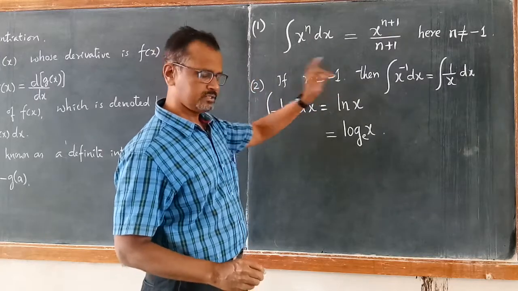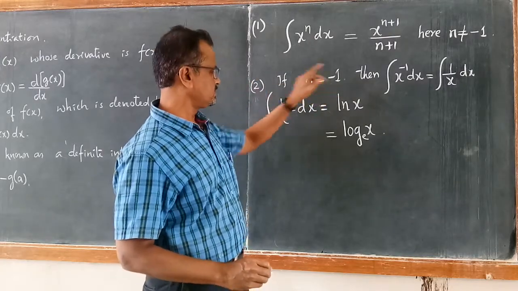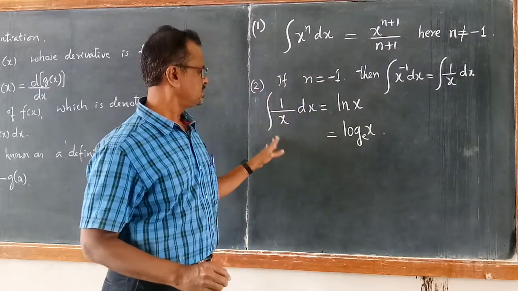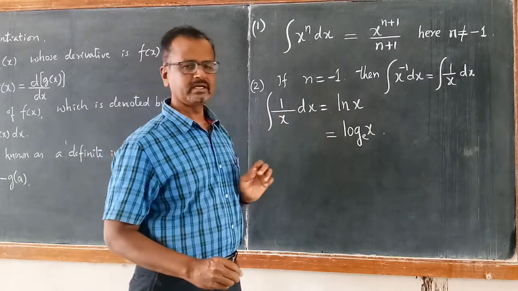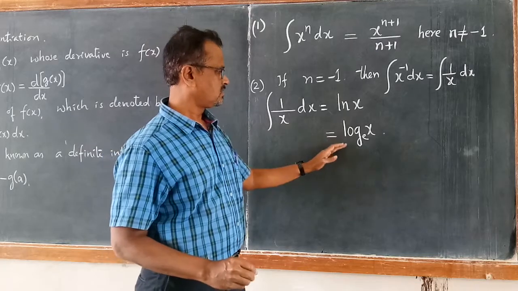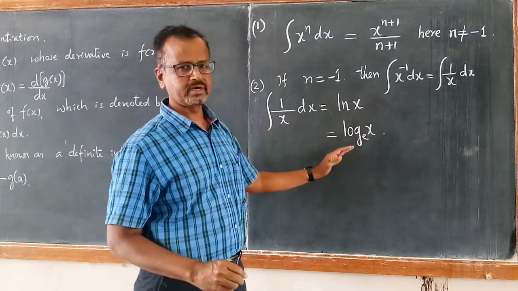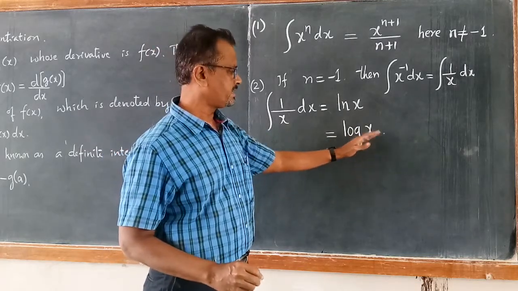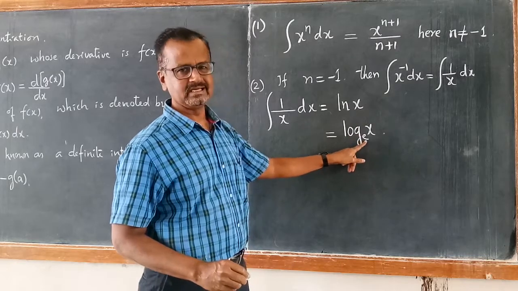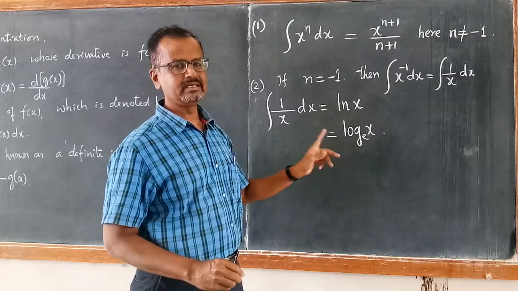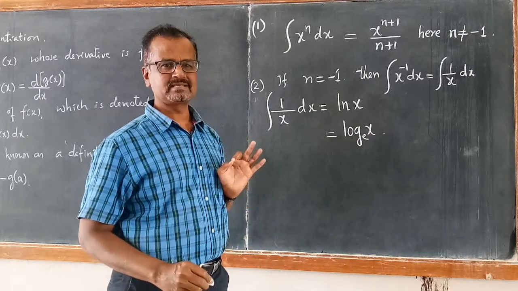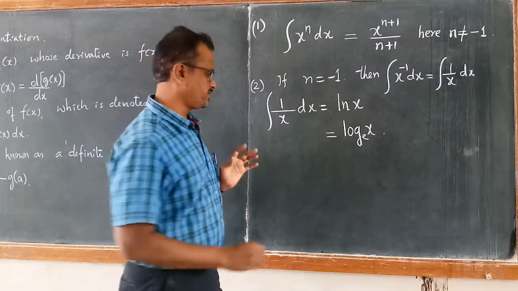For n equal to minus 1, we get the second result: integration of 1 by x dx equal to natural log x. Natural log x means log x to the base e. It is called base e, where e is called the Neperian base. e has a definite value,